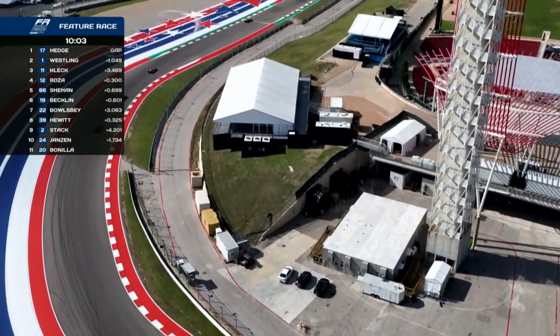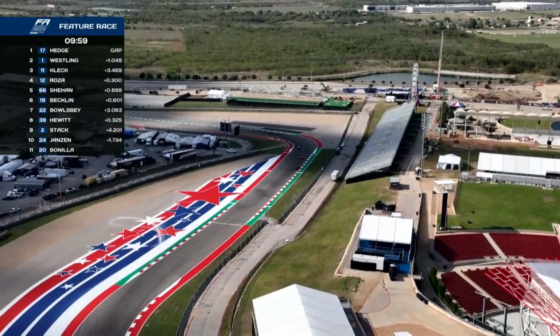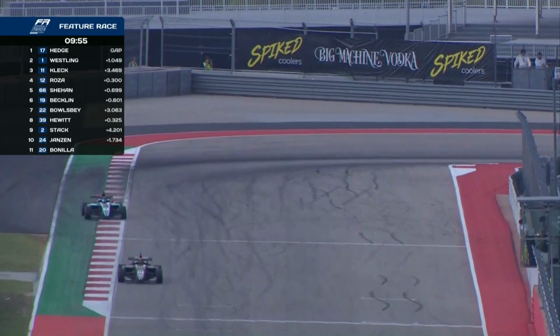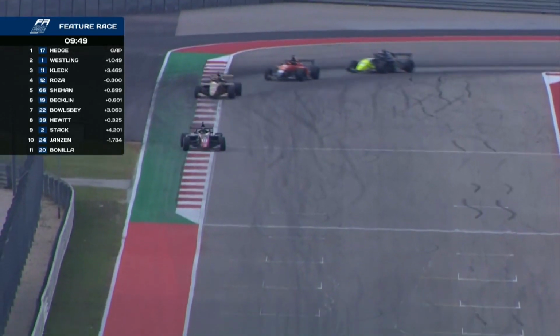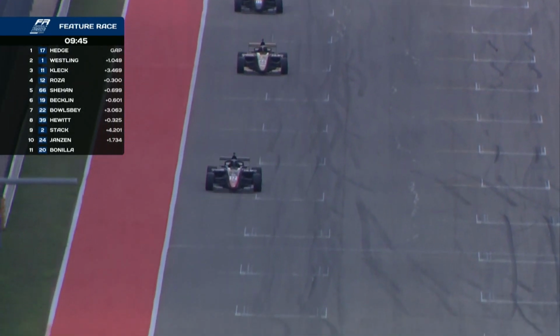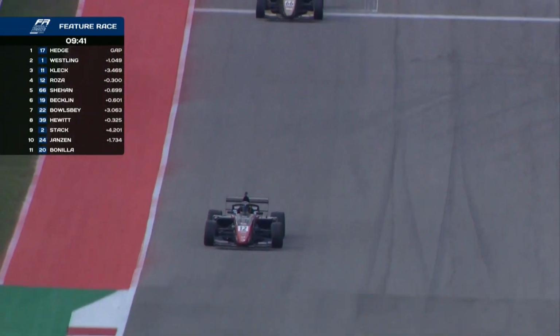Great coverage, though, from above. Love all this. Now the gap by Hedge, just over a second, so he's eked out another couple of tenths. Last lap at 207, this lap at 206.6 by Callum Hedge, so he's up the pace again, but so too is Oliver Westling, to be fair, at 206.8, not quite as quick as Callum, but Rosa now in third place,